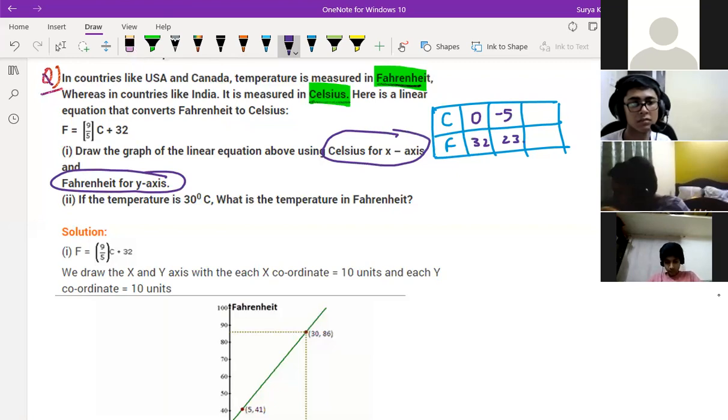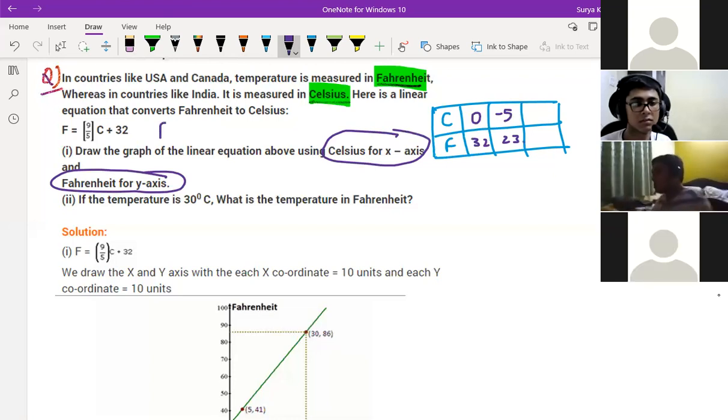Understood, children? Or Fahrenheit as -4. If you take -4, what will happen? So it will be -9 by 5 C, and it's equal to 36. So C is equal to -20. You are saying that F is equal to -4 we should take. Okay, so -4 is equal to 9 by 5 C plus 32. Then what you can write for this? 9 by 5 C is equal to -36.